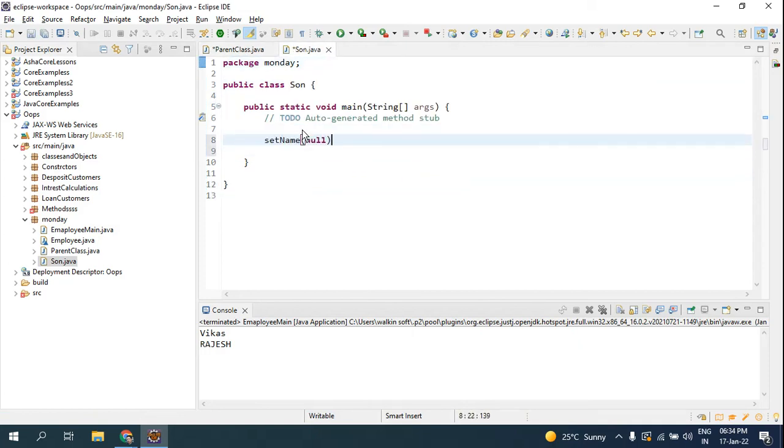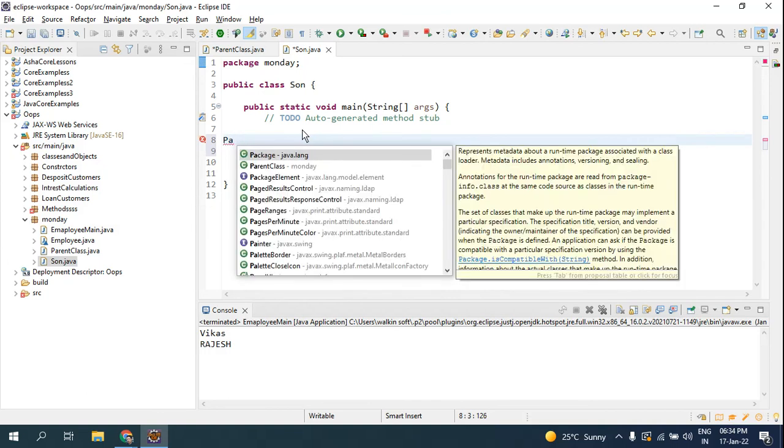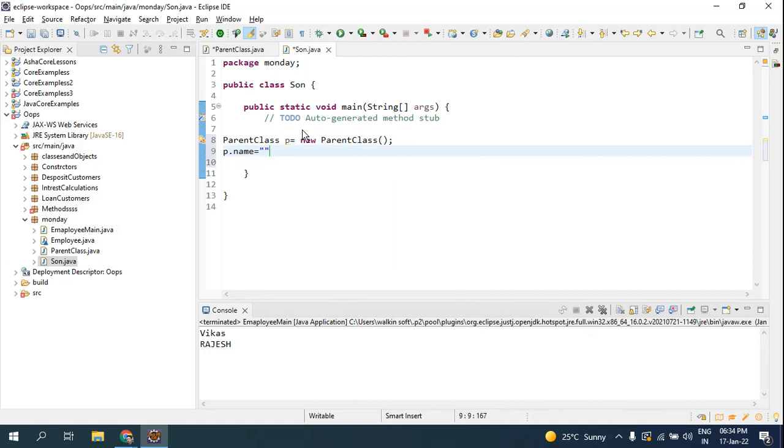I am going to create an object like parent class p is equal to new parent class, and here, as I said before, p dot name is equal to Vikas, and I am going to call the method p dot property.